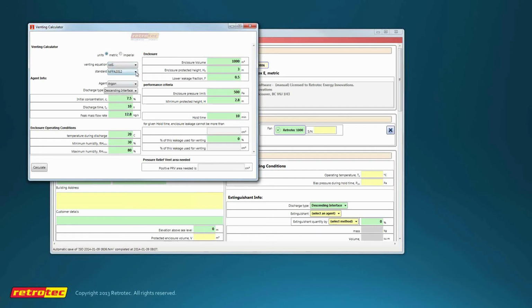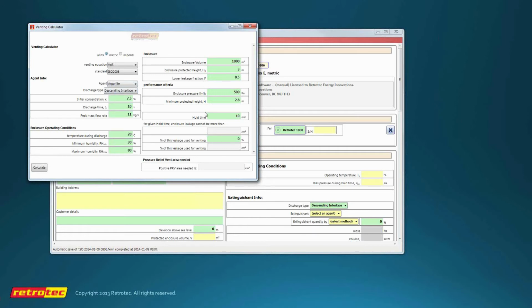Let's say we choose VDS, the standard that we'll be using, in this case ISO, the agent that we might be using, any one of our agents, the discharge time, all the various functions that affect venting,